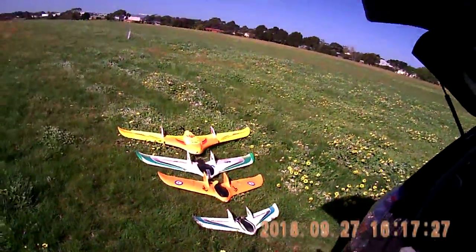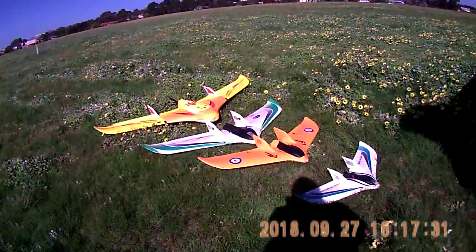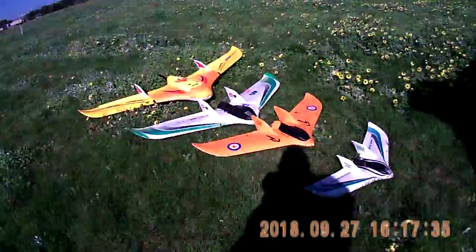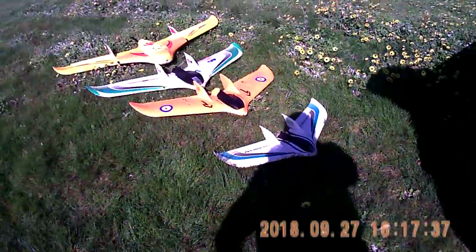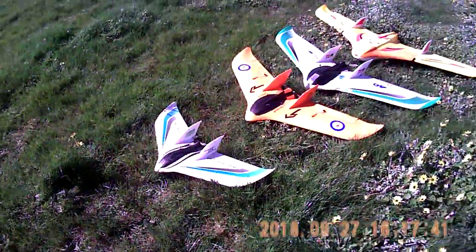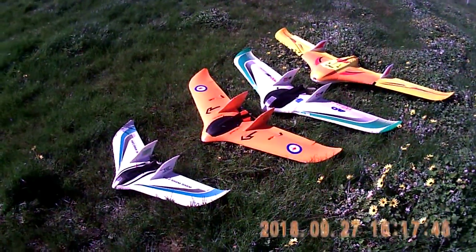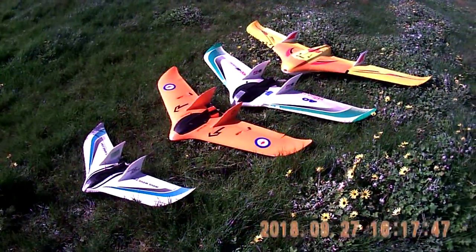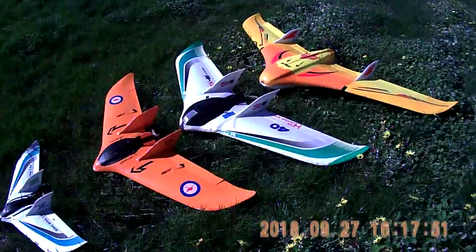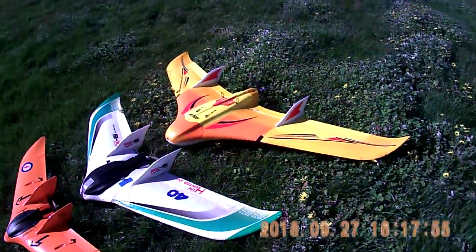Here we go for the maiden of the FX79. I just thought I'd bring a few of the FX family out. There's the Wing Z84, the Chaser 1, which I reckon is just a copy of the Zeta models. Then there's the FX61. I've actually got two of them, but this is my crash and burn model. And then the maiden on the